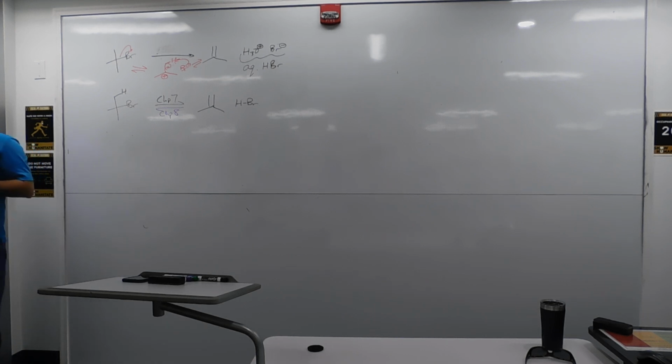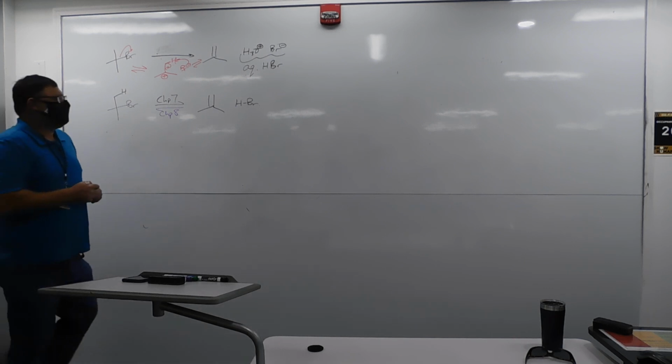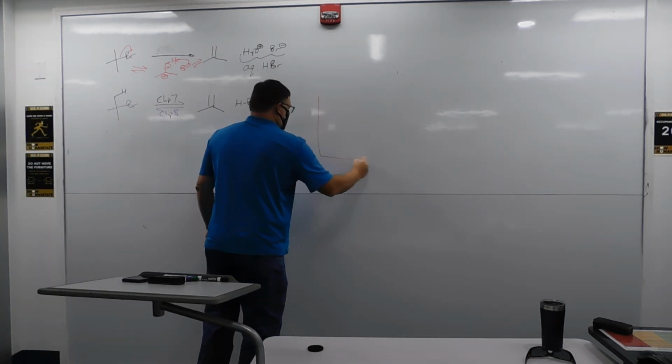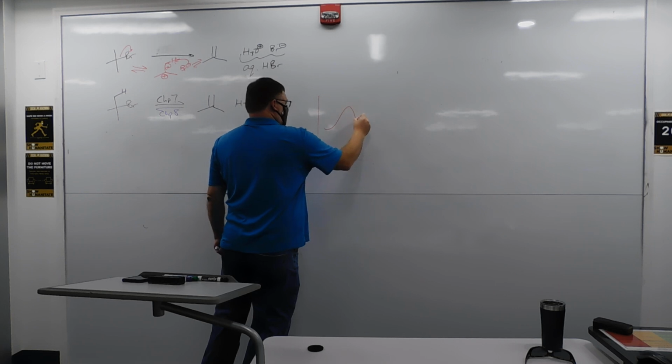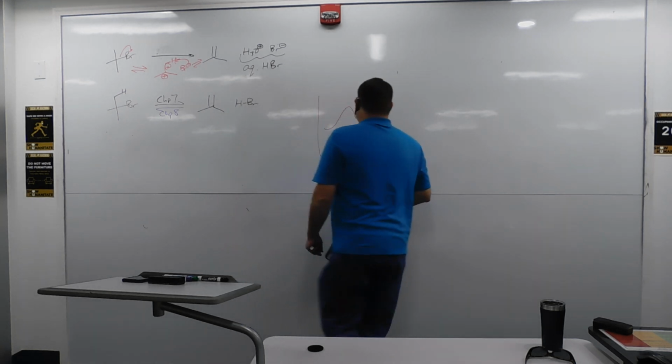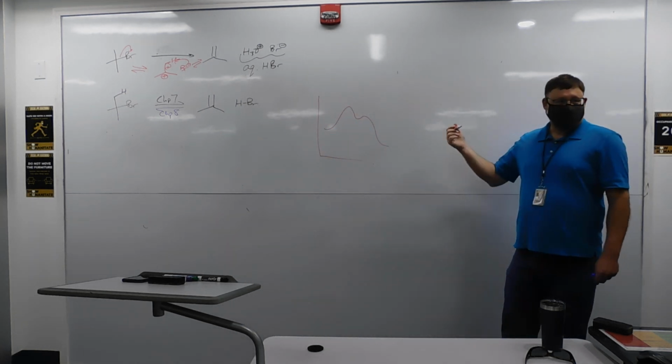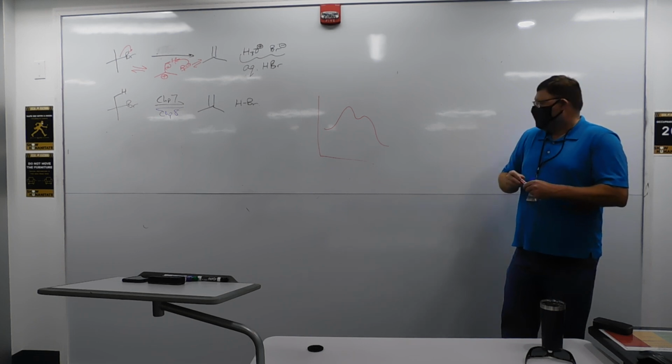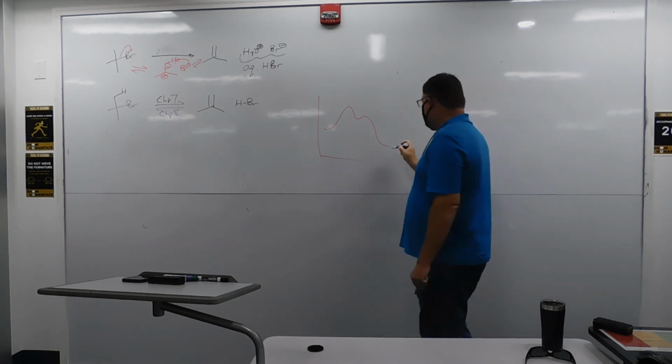Okay, so the reverse process has to go through exactly the same intermediates. And the reason for that is, if you think about an energy diagram, you really want to think about an energy diagram. All right, so if this is our path to the right, if somehow we took a different path back to the left,